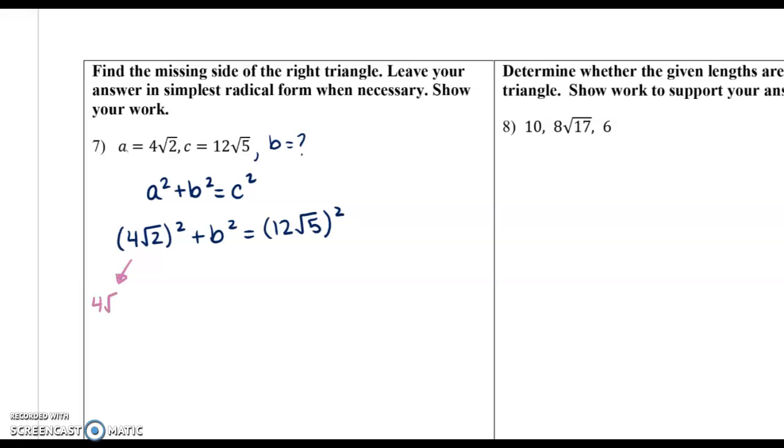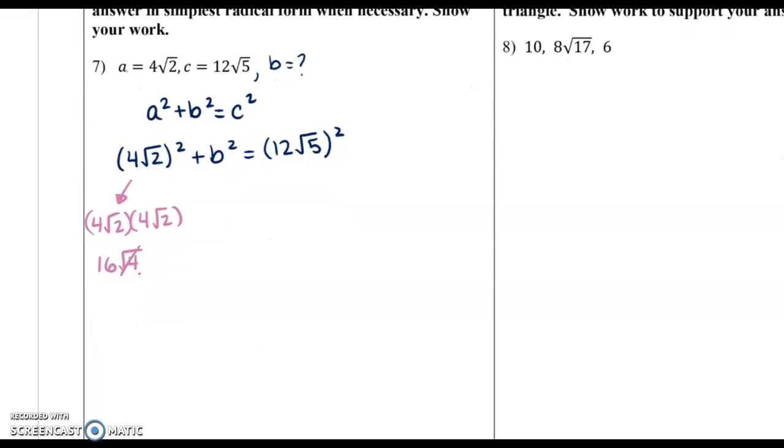So 4 root 2 times 4 root 2. 4 times 4 is 16. Root 2 times root 2 is root 4, which is 2. 16 times 2 gives me 32. All right, so my A squared is 32 plus B squared